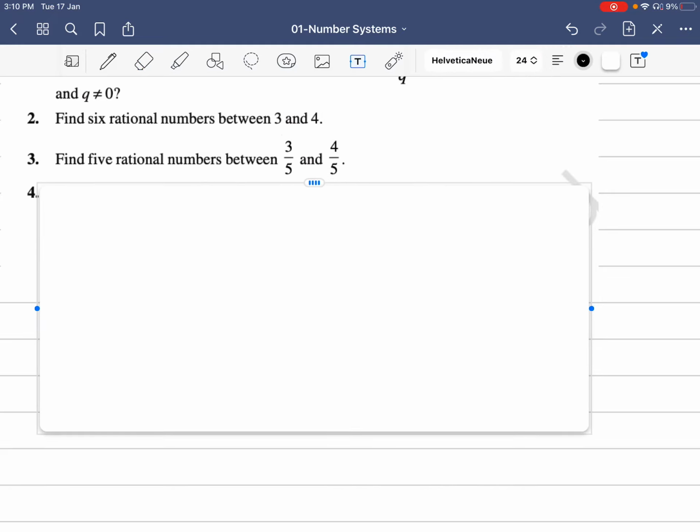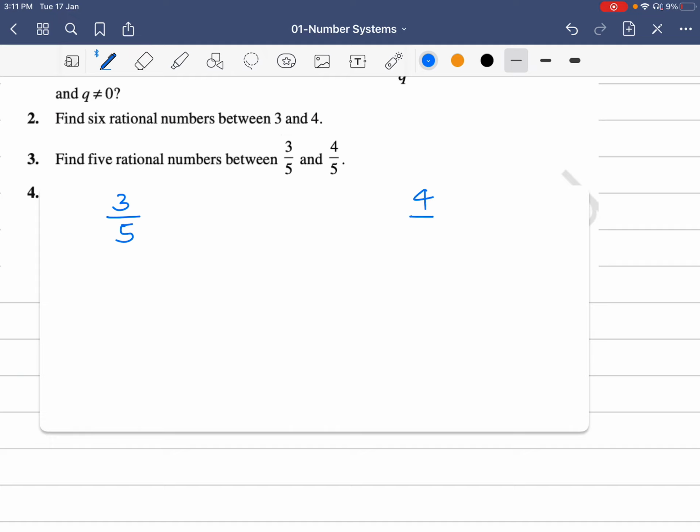So this is our question number 3. Let's try to read it out. Find 5 rational numbers between 3 by 5 and 4 by 5. It's very much similar to the previous question. We are given 2 rational numbers, 3 by 5 and 4 by 5. Let's quickly note them down: 3 by 5 here, 4 by 5 here, and we have to find 5 rational numbers between 3 by 5 and